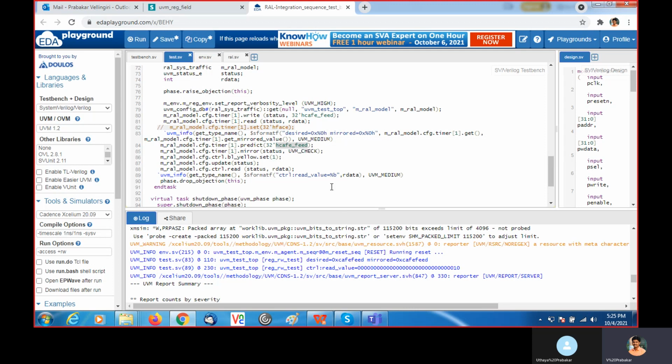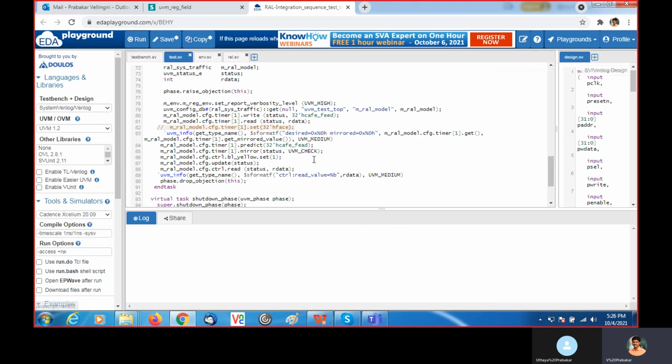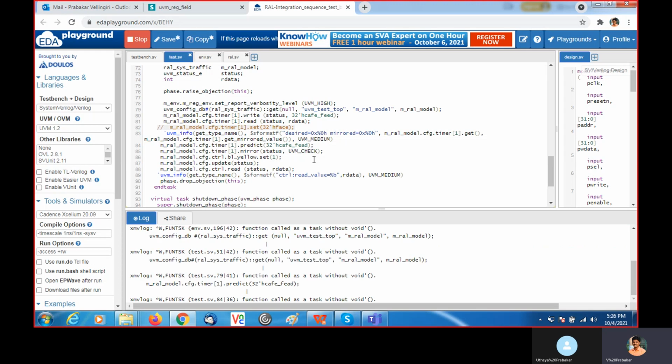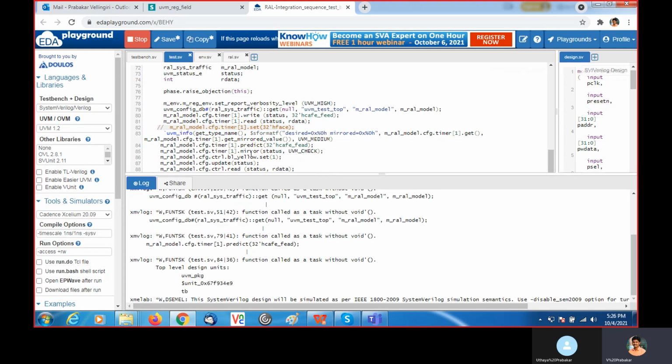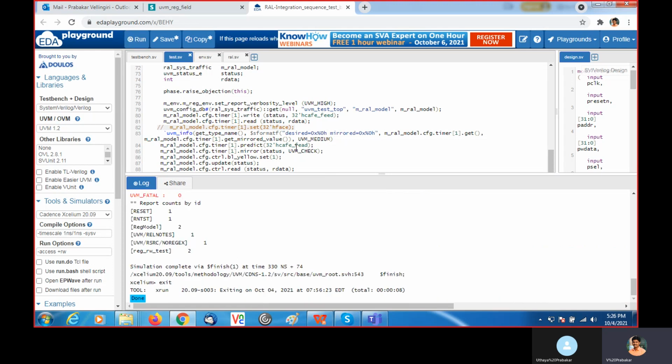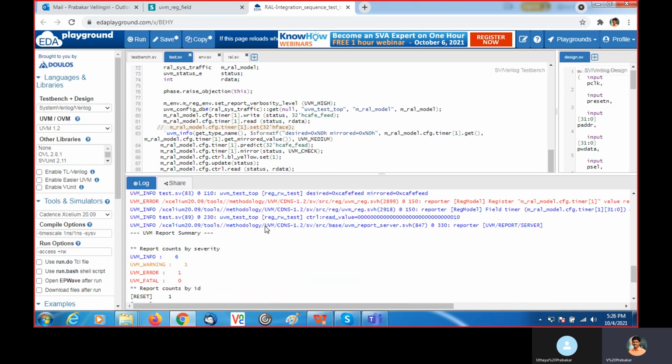So we didn't get any error. If I change the predict value, I want to predict CAFE FEAD. That is not an underscore, it's just to recognize the 4 bits. With UVM check, it will check whether this predict value and mirror value are the same.